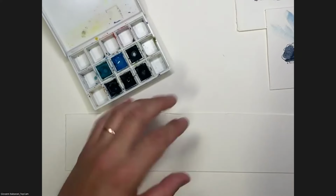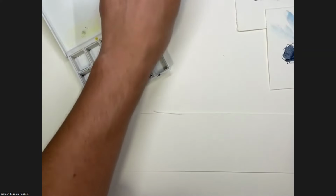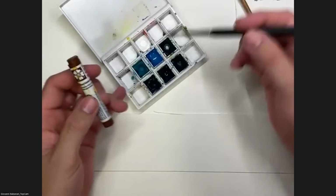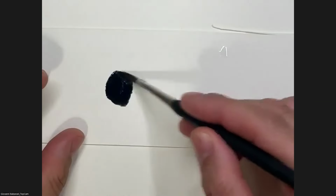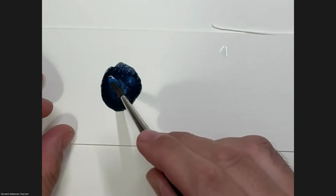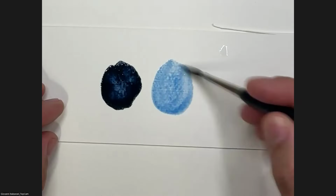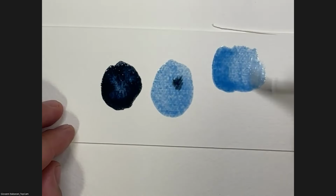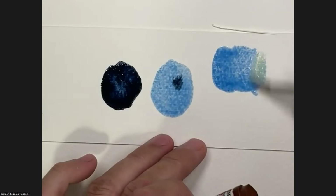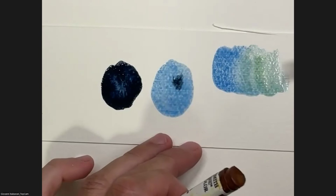And it is curious: mixing these two colors to create a green with Quinacridone Gold. I use the Indigo and the Cerulean Blue. The explosion in Indigo is very curious when I change my sequence. When I apply the Cerulean with a little point of green gold, it creates a light shade of green, with Indigo,